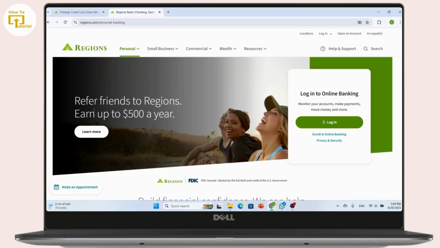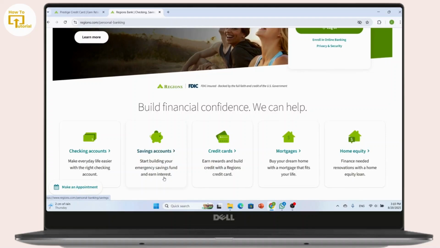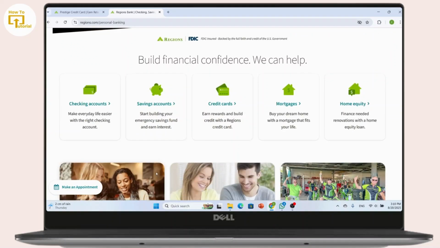Now here, you simply have to log in with your credentials and once logged in on your home page, you simply have to navigate to loans or select personal loans. And there you simply have to click apply now and fill out your personal information, loan amount and the purpose